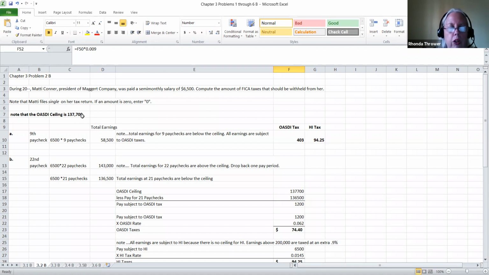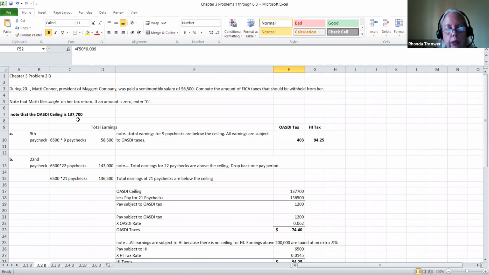And so every year you have to learn a new ceiling. So watch out for that if you're in the real world. And again, this is based on what was published at the time that this book was published, and these are subject to change. So you might want to refer to, I believe it's Circular E, to find out the total amount of the ceiling for